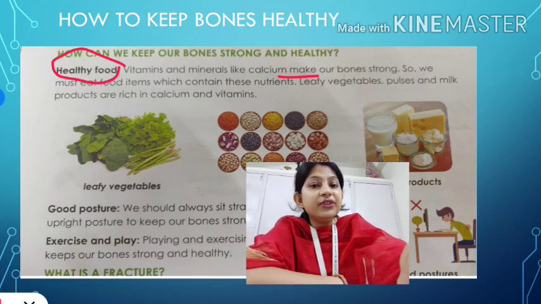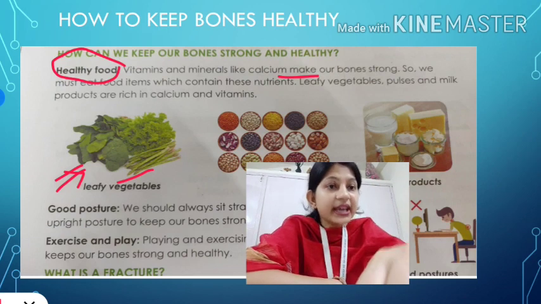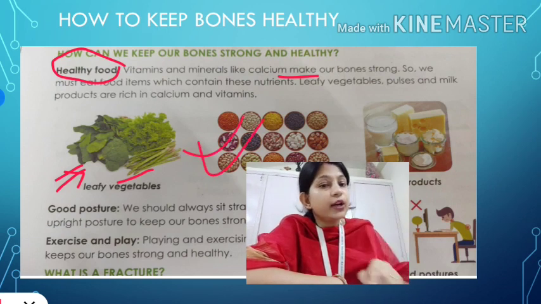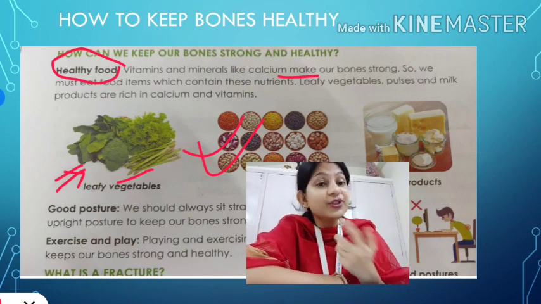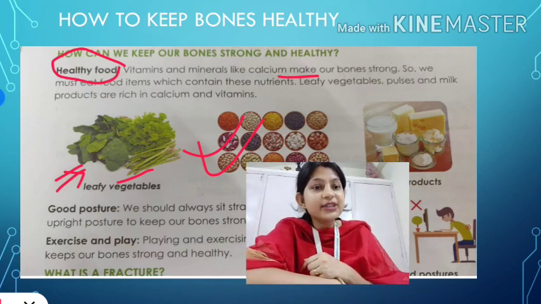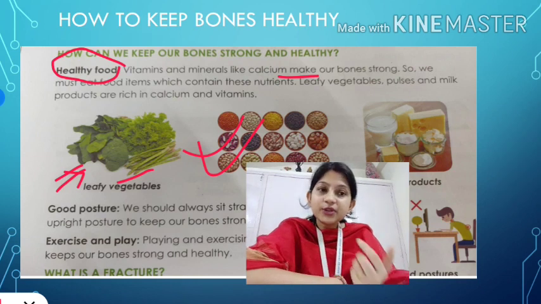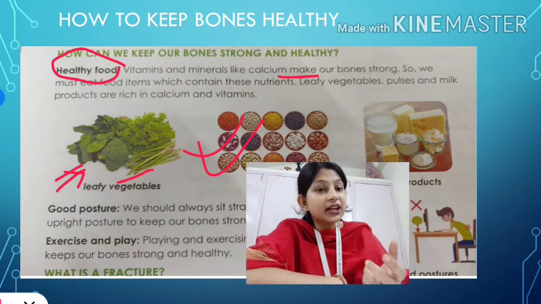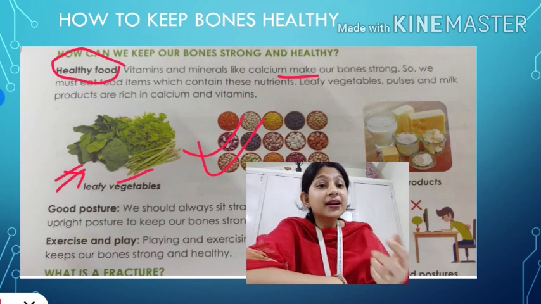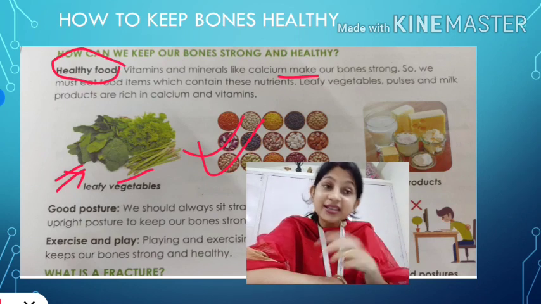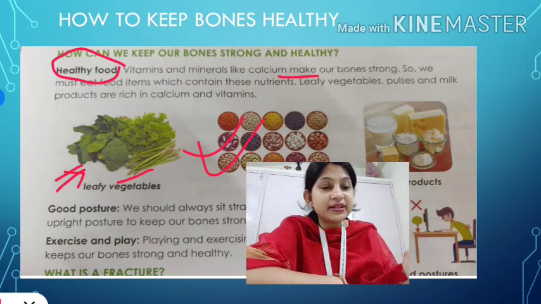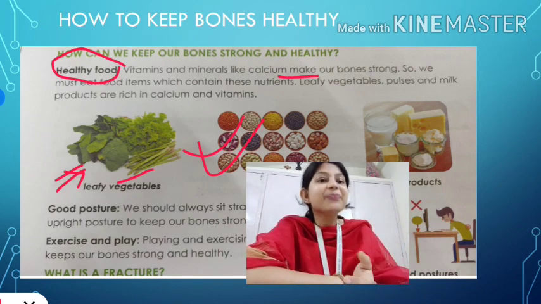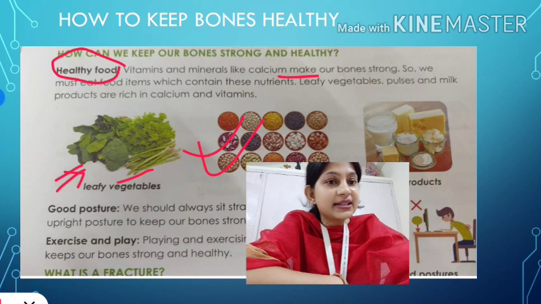They are leafy vegetables, green leafy vegetables. See here. Yes, pulses are there. Now you will say, ma'am, what are these pulses? Pulses are simply the dals which you are consuming daily. Various types of pulses are there. Some are tur dal, then black gram dal, skinless or with skin. Then green grams are there. So many varieties of pulses are there. Kidney beans are there. Okay, we should have these pulses in our diet.